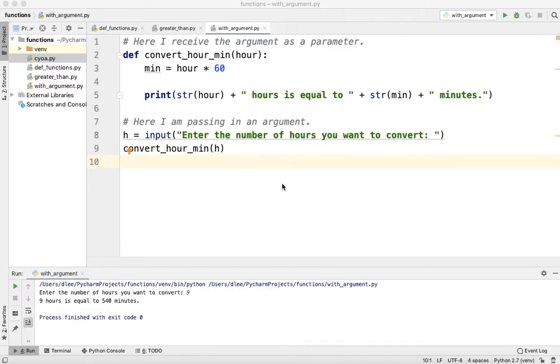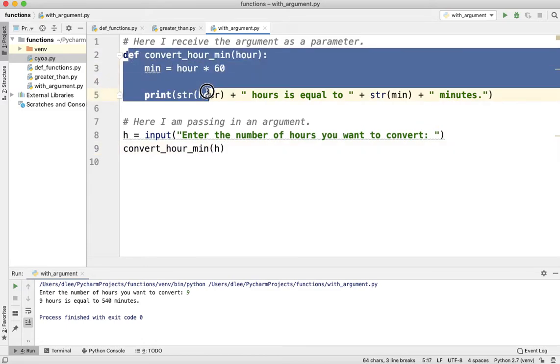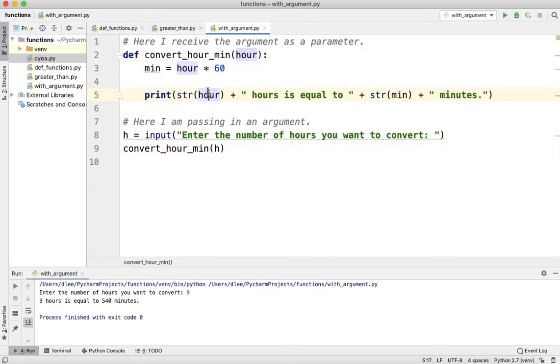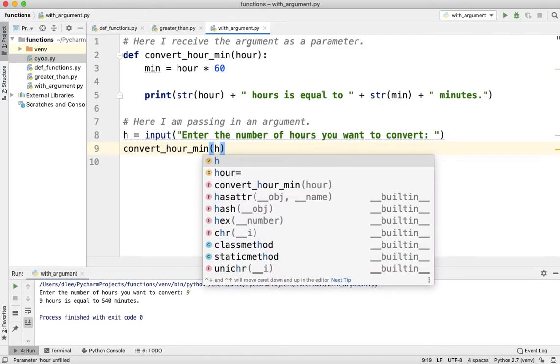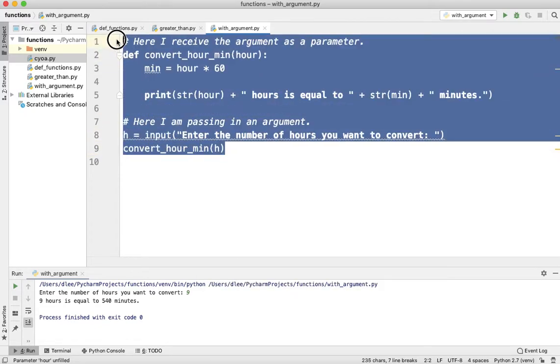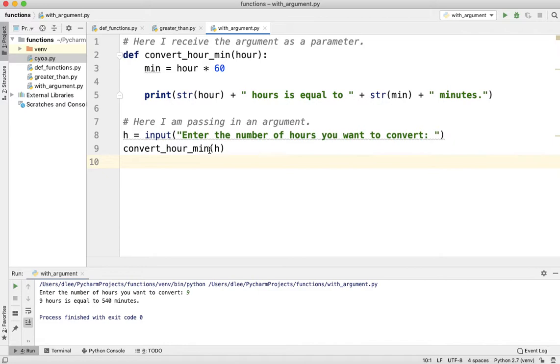So here we learned how we can pass in an argument to a function definition so that the function definition can perform a certain job. The argument can be a value or the argument can be a variable. So now what I want to talk about is the fact that you can pass in more than one argument